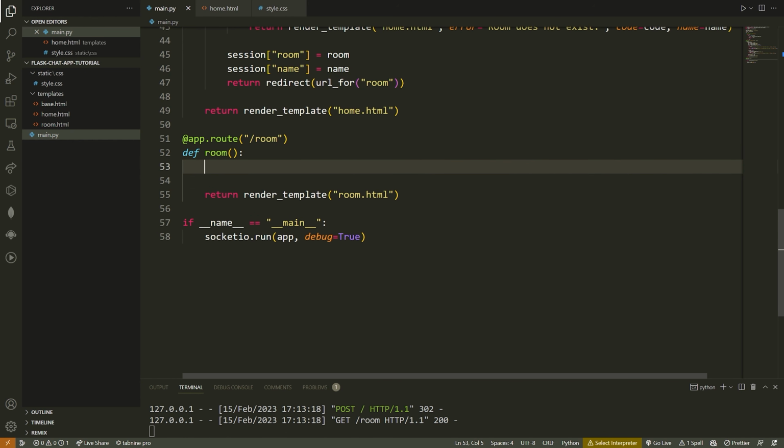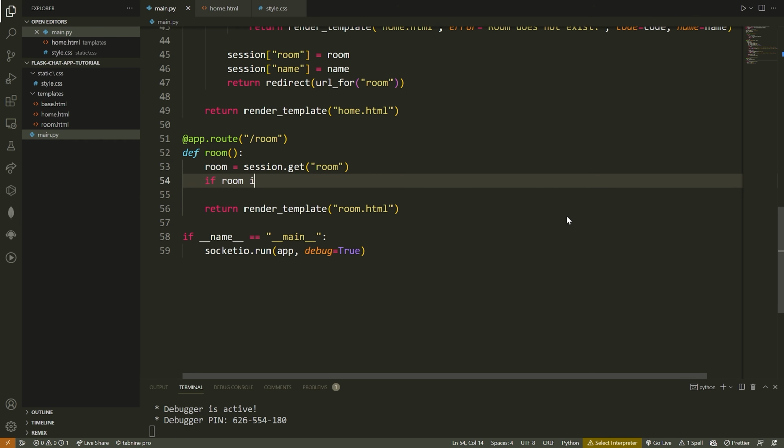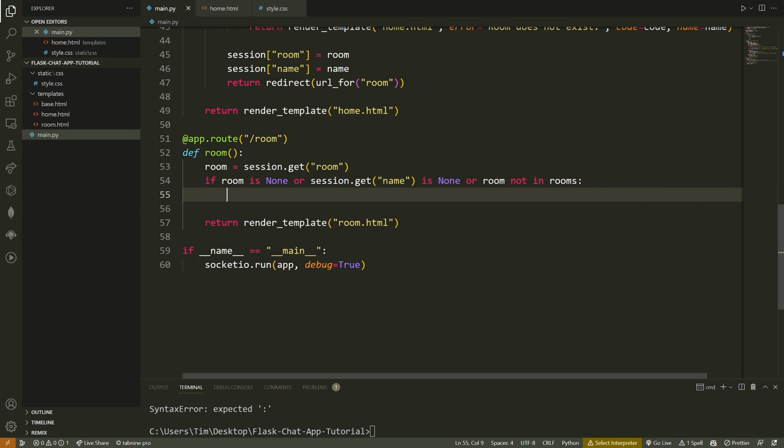So the way we're going to do that is we're going to say room is equal to session.get, and we're going to get room, and we're going to say if room is None, or session.get name is None, or room is not in rooms, then we're going to return redirect url_for